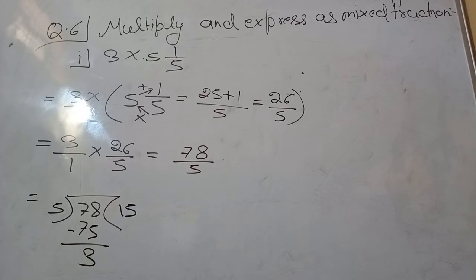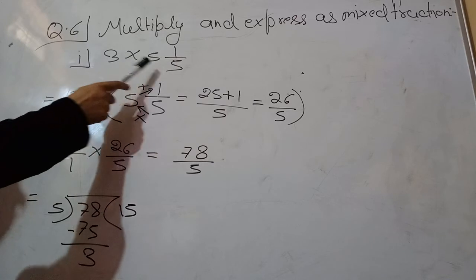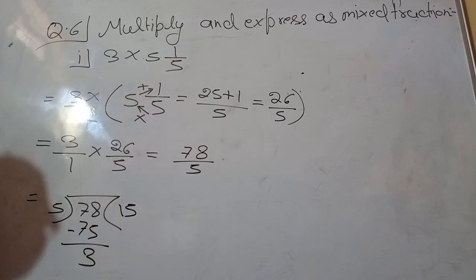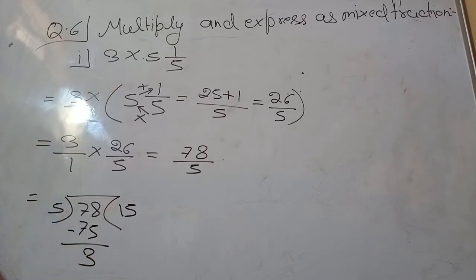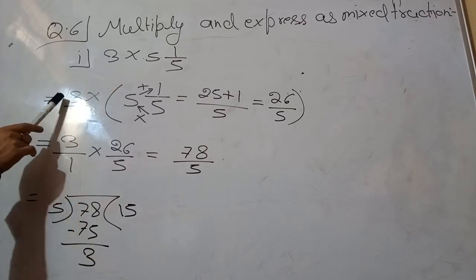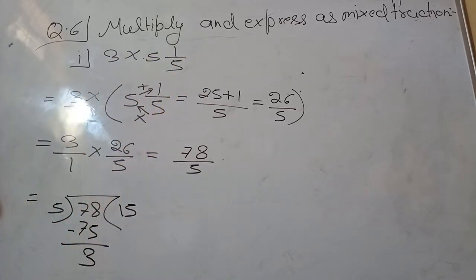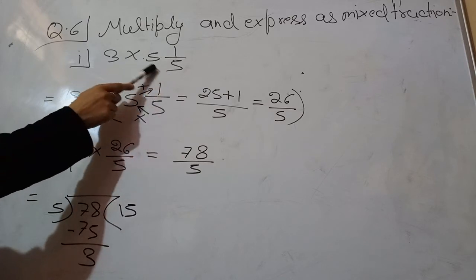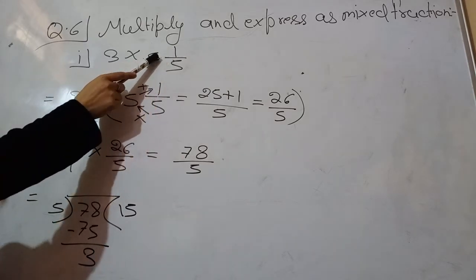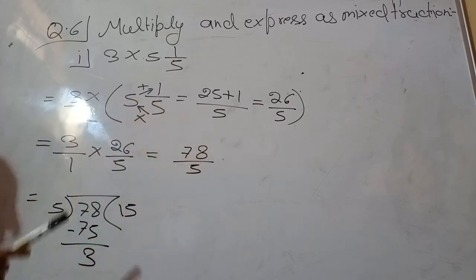Now in question number 6, see what is given. Multiply and express as mixed fraction. Okay, so first we have to multiply these two terms and then we have to convert the resultant into mixed fraction. Okay, so again, if no denominator is given, then we have to place 1 in the denominator. So 3 by 1 multiplication. This we can see, this is in mixed fraction form. Okay, so what we have to do, we have to convert it into simple fraction form. So we multiply these two terms and whatever resultant we get, we add this with numerator. Okay, so 5 5s are 25 plus 1 gives us 26 and whole upon 5.